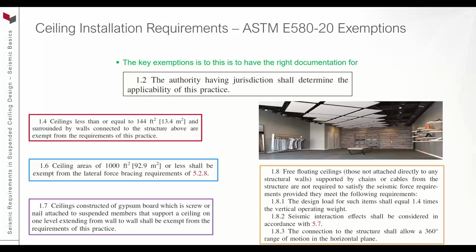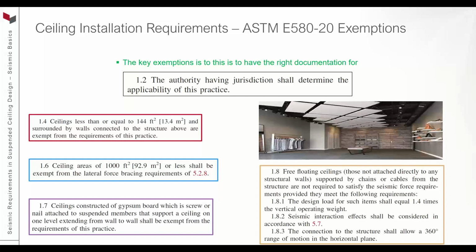So Stephen went over the lateral force bracing requirement. Well, the lateral force bracing requirement, where you have the compression posts and splay wires, does not start until 1001, when your ceiling system is greater than 1,000 square feet. So the exemption is anything less than 1,000 square feet, we don't have to put in the compression posts and splay wires. And that is a lot of manpower and labor, especially when you get into building designs where there is a lot of